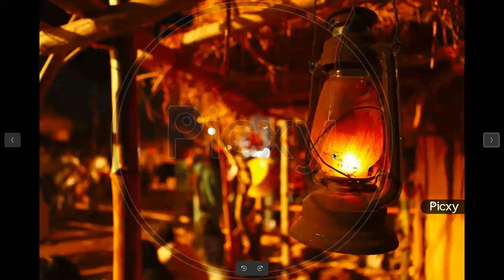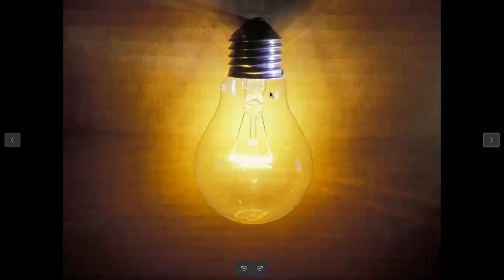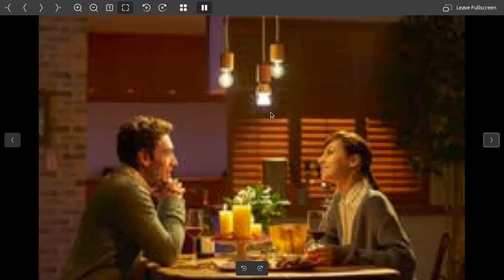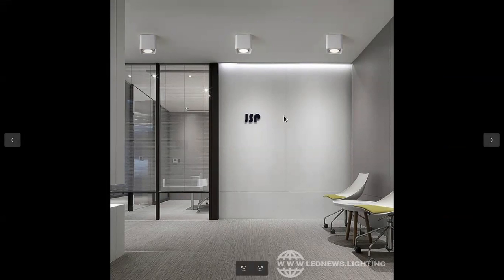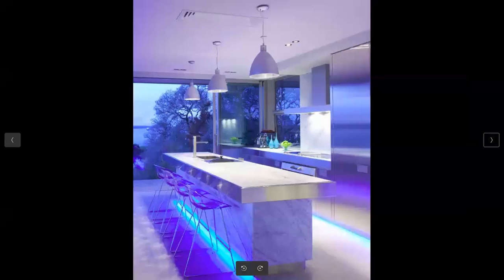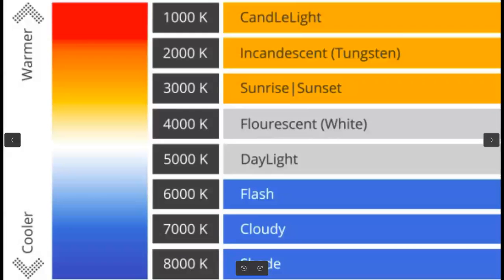So yellow color, these are called warmer colors because color temperature is low for these things. These are called proper light or fluorescent type or white type, where there is no interference of any other color. So color reproduction is very easy. This is because of a property of a light which is called color temperature.